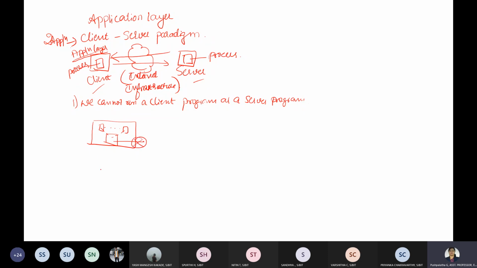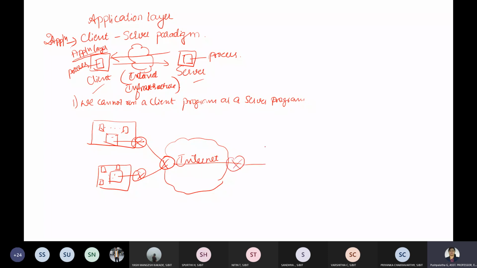Similarly you may have one more LAN with multiple devices connected to it, and they pass the information through the internet. Let me write it overall as an internet, and the information is passed through another router.